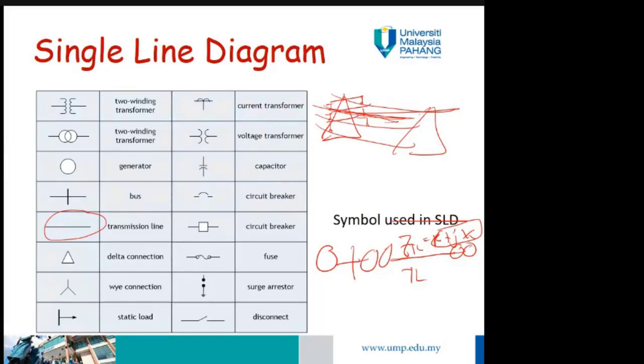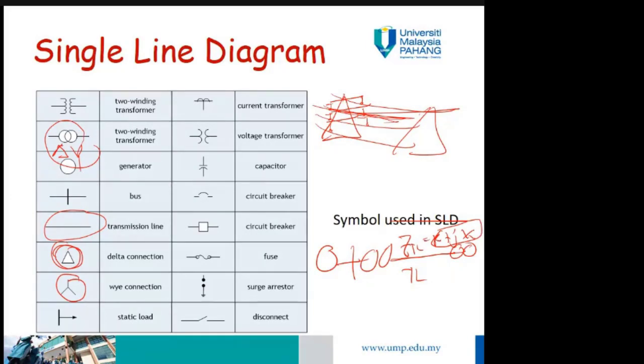And then this is the delta connection. Usually this connection is near the transformer. For a three-phase transformer, let's say delta to Y connection, Y to delta connection, and so on. This connection is the delta connection. Another one is the Y connection. Y is something like this.